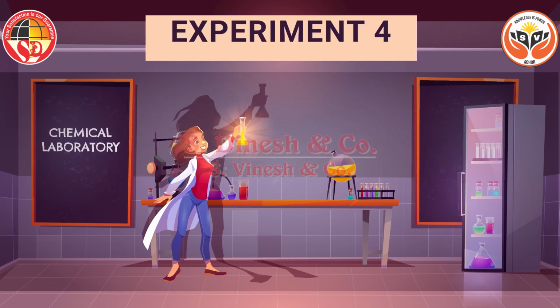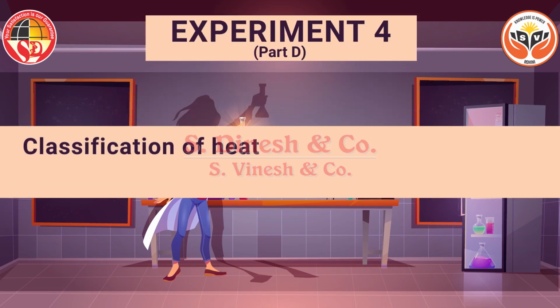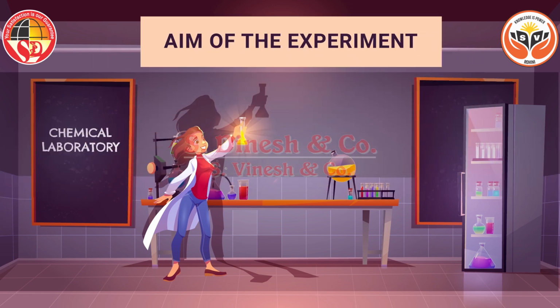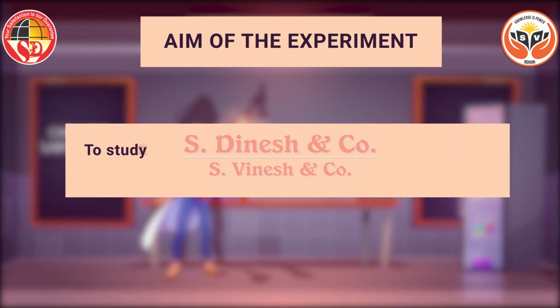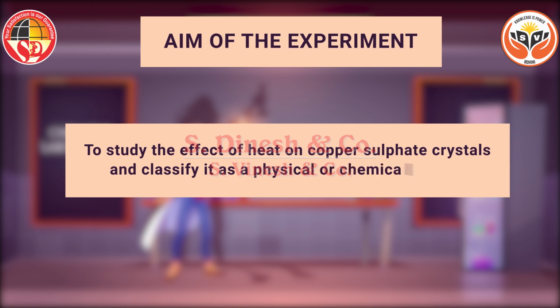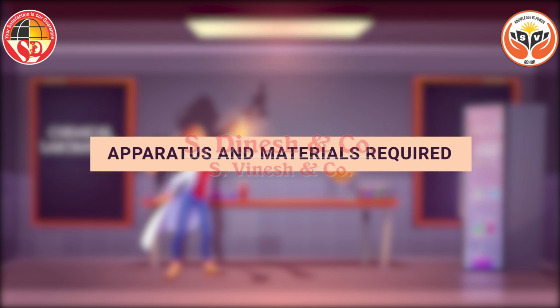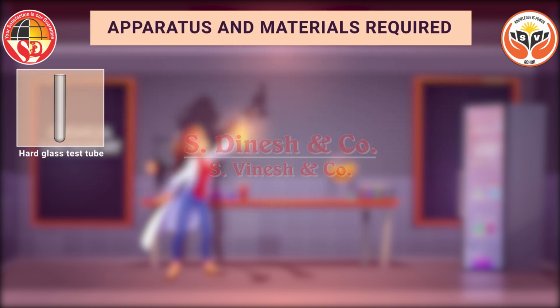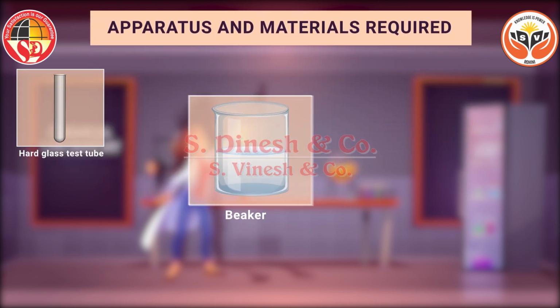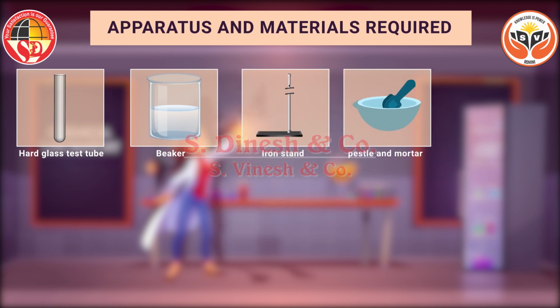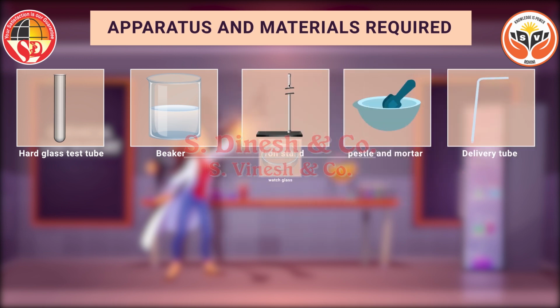Experiment 4, Part D. Classification of heat effect on copper sulfate crystals as physical or chemical change. Aim of the experiment: to study the effect of heat on copper sulfate crystals and classify it as a physical or chemical change. Apparatus and materials required: hard glass test tube, beaker, iron stand, pestle and mortar, delivery tube, watch